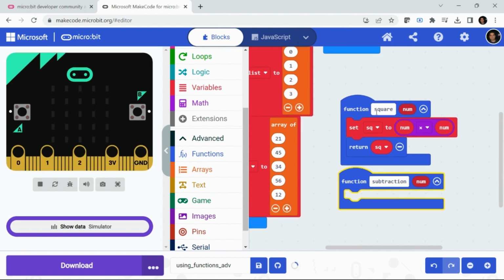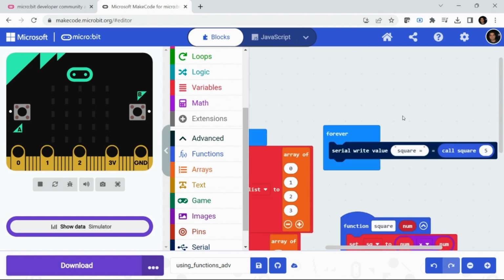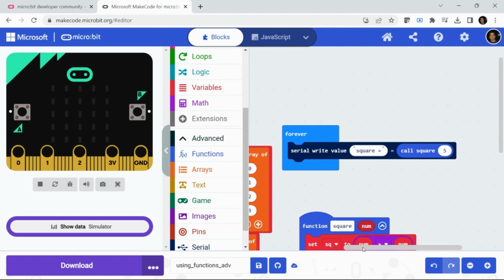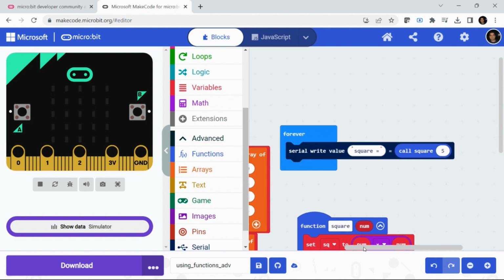So there is a function named square, whose parameter is number, and what is it doing? It is computing square, set square to number multiplied by number. So it is computing the square of the number, and it is returning the result as square. Okay. One very important thing which I want to tell you is